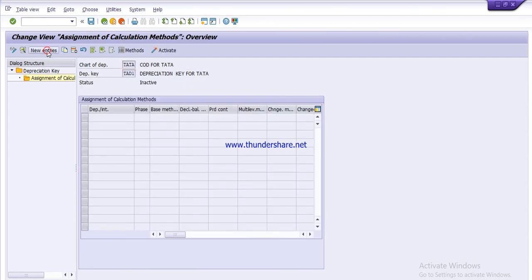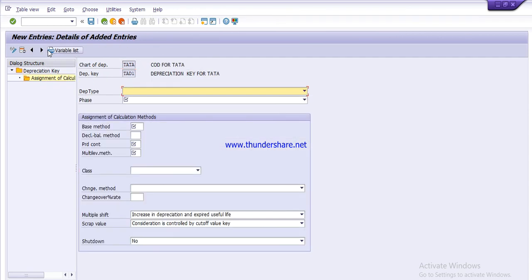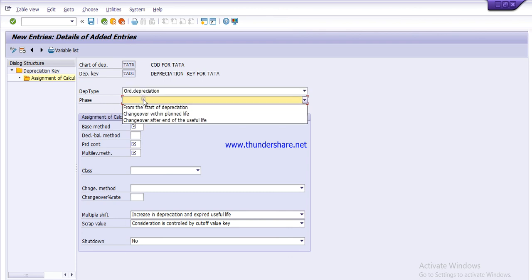Again click on New Entries. Here you have to tell the depreciation type, on which type you want to calculate the depreciation. I am selecting ordinary depreciation. Then you have to select the phase. Click on this arrow. Here you have to tell from the start of depreciation.